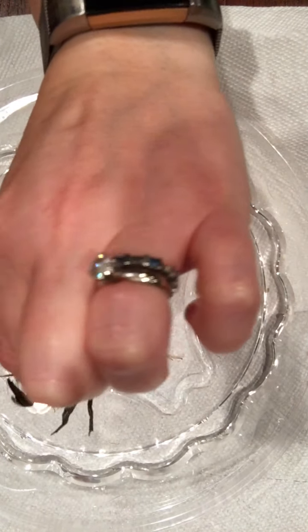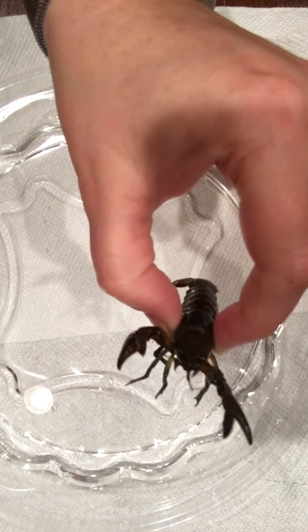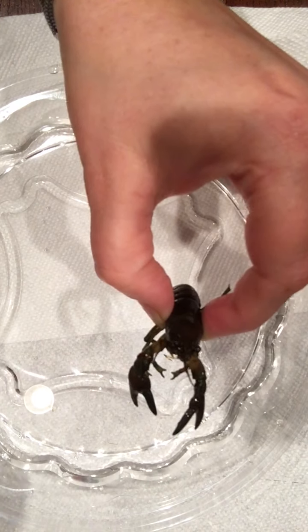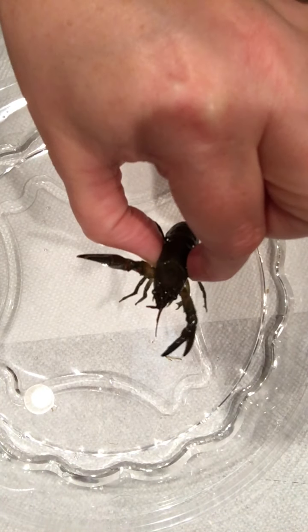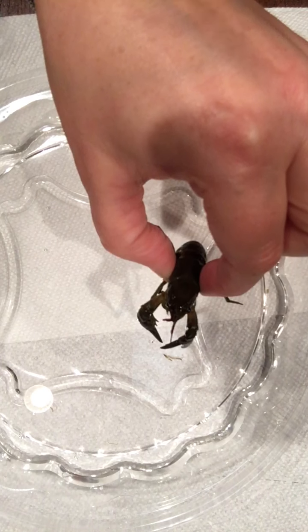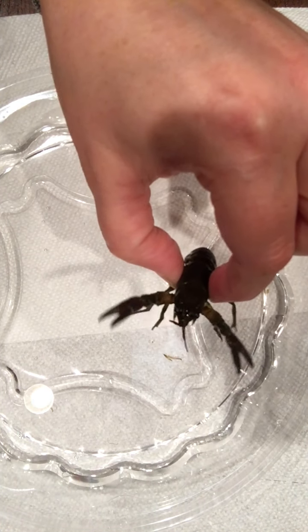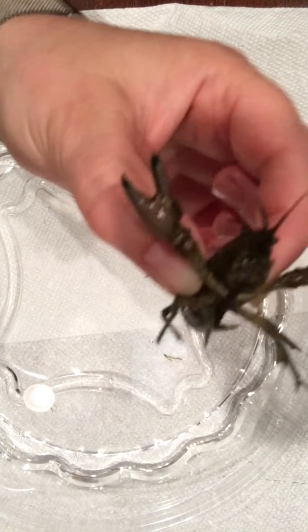In the back they have, I'll show you the tail when I put them back down, a segmented tail that allows it to curl up underneath. They use it like a flipper, like you would in swimming or snorkeling, and they can push it down, and it helps them to swim backwards really quickly away from enemies or predators. If you look underneath,